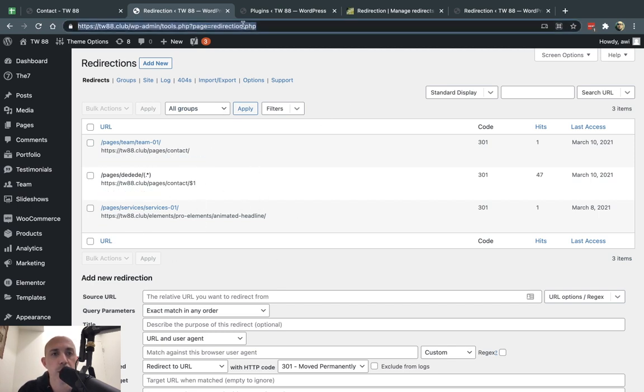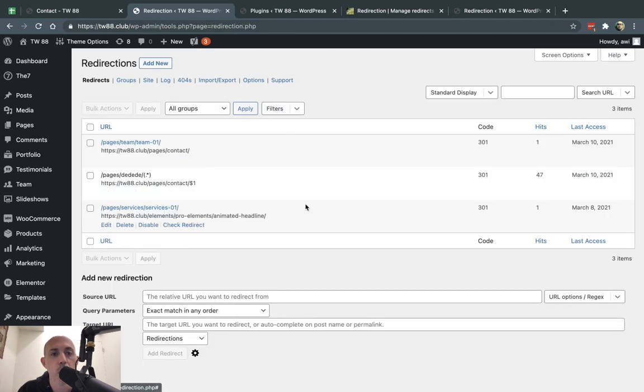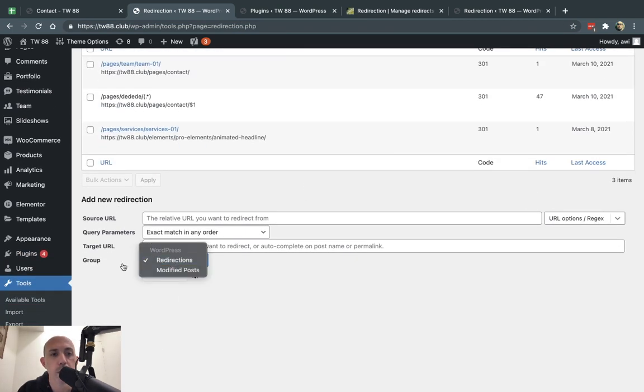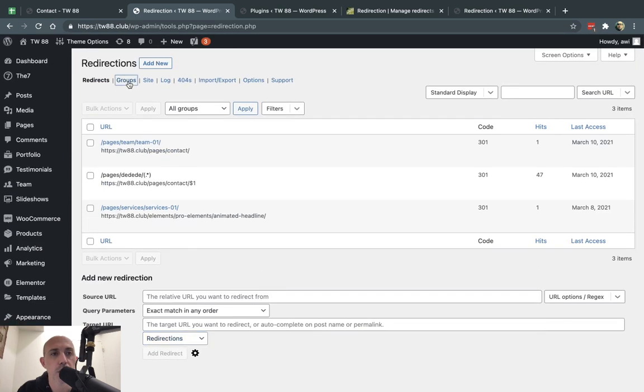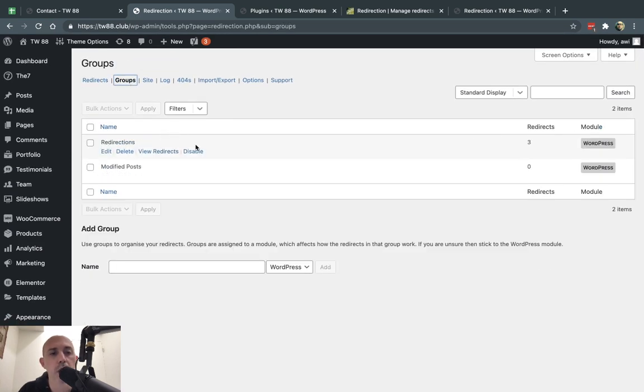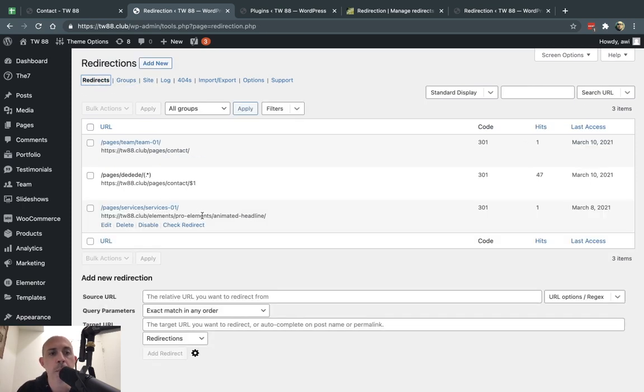So let me show you. Let me refresh the page for a second. When you create a new redirect, you can put them in a group and organize them into groups. Now, maybe you want to label these groups with different names. So you can go to groups here and create your own logic, your own categories, your own organization. And then when you create new ones, you can organize them the way you want. Maybe these are old posts and these are products, and the other group might be, for example, SEO company, et cetera, et cetera. So you can organize them in a nice way, okay?